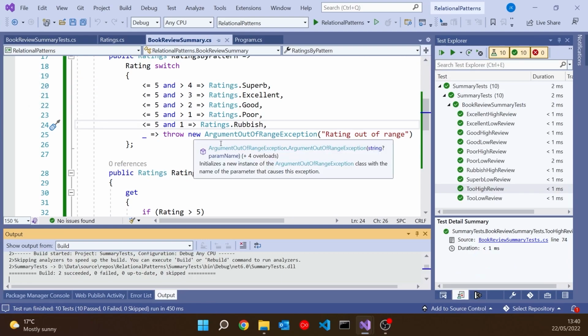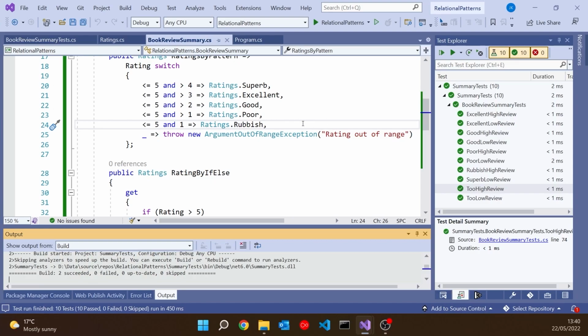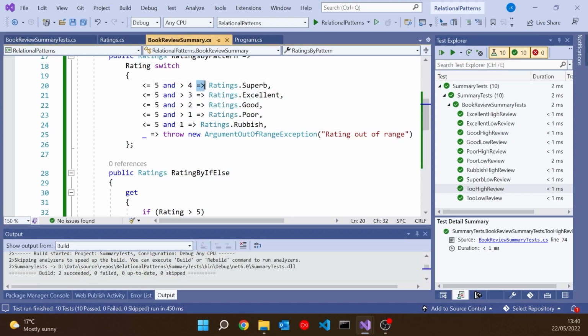Though, I have to say, again, until you're used to this, it does start looking a bit weird because you've got the equals greater than as your arrow operator, like the lambda symbol, and then you've got the less than equals, which is the mirror image, but that's doing something completely different. That's just doing your comparison on the rating. But still pretty neat for this sort of situation.